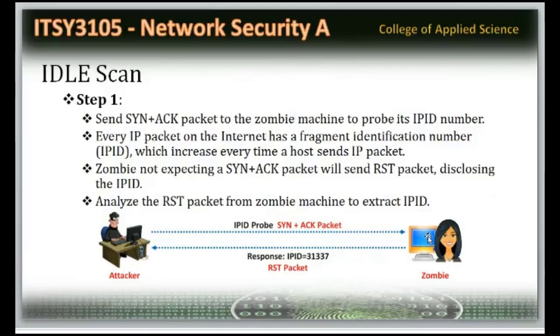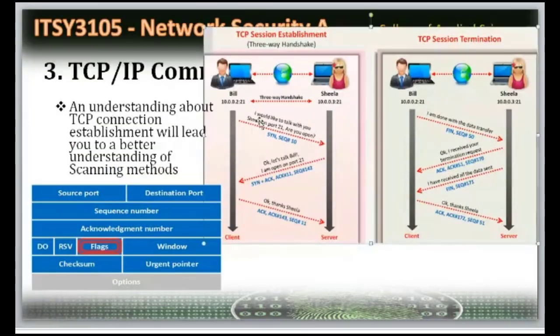So what I'm doing is sending a SYN packet plus an acknowledgement packet to the target machine. Generally we send the SYN packet, then you get the acknowledgement and SYN packet back, then you send the acknowledgement. These are the 3 steps. If you want, I will copy this. Wait one minute, I'm bringing this so that you can understand.